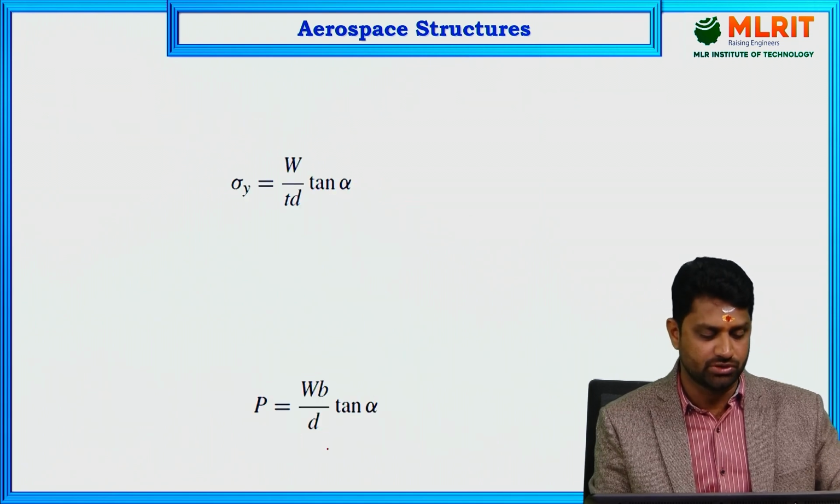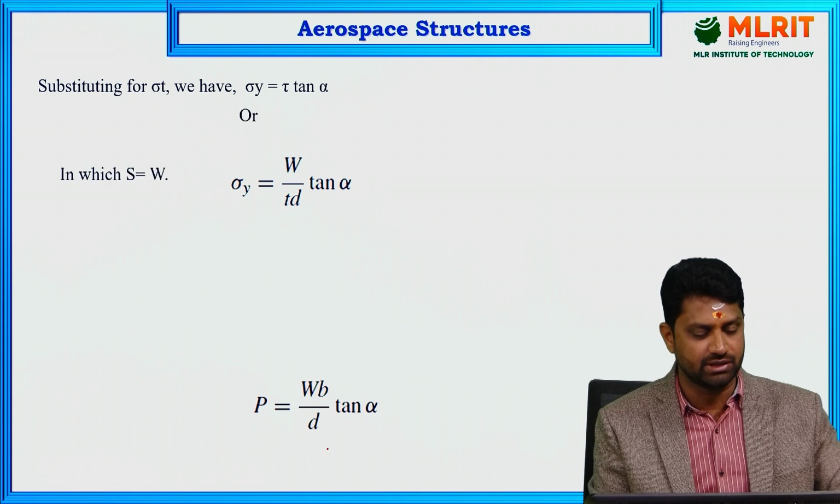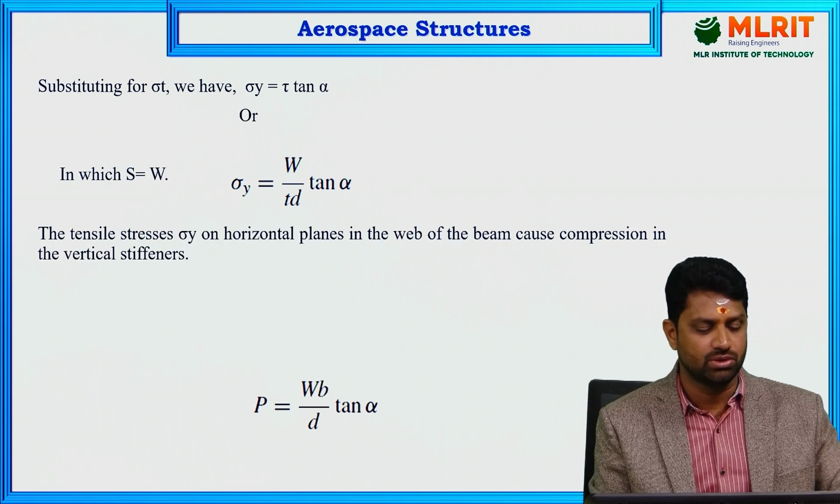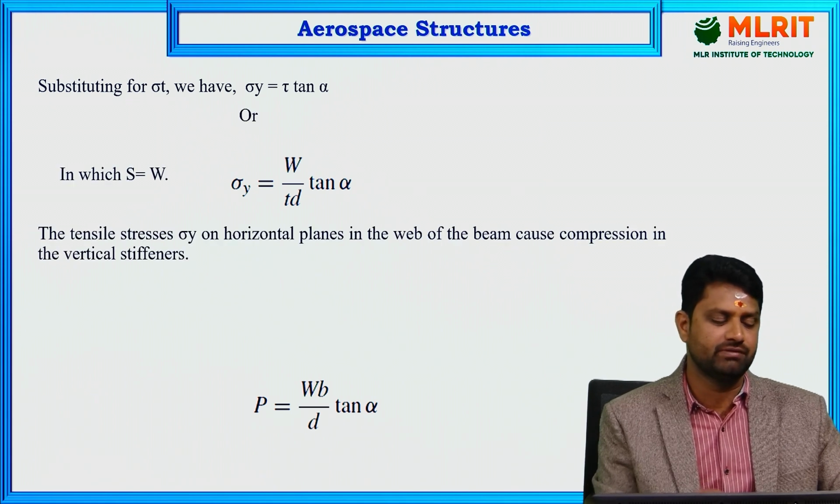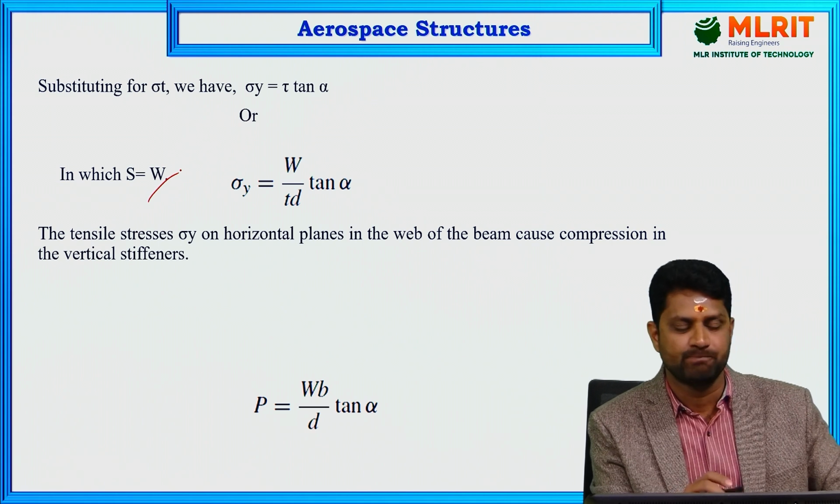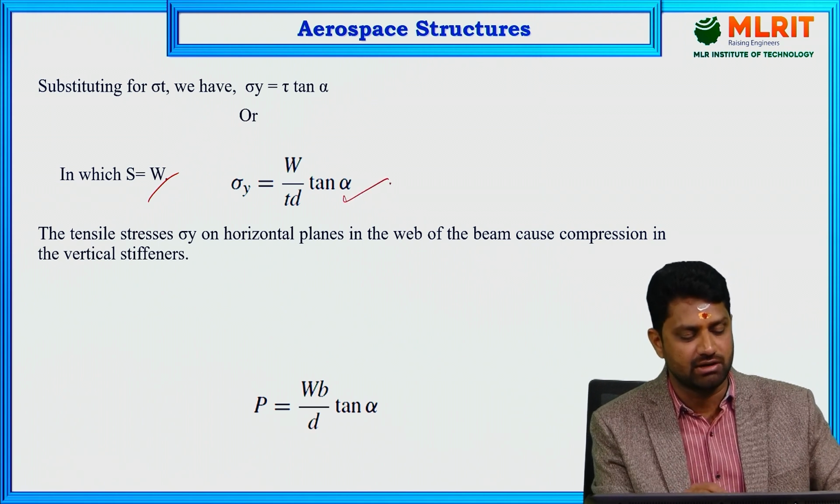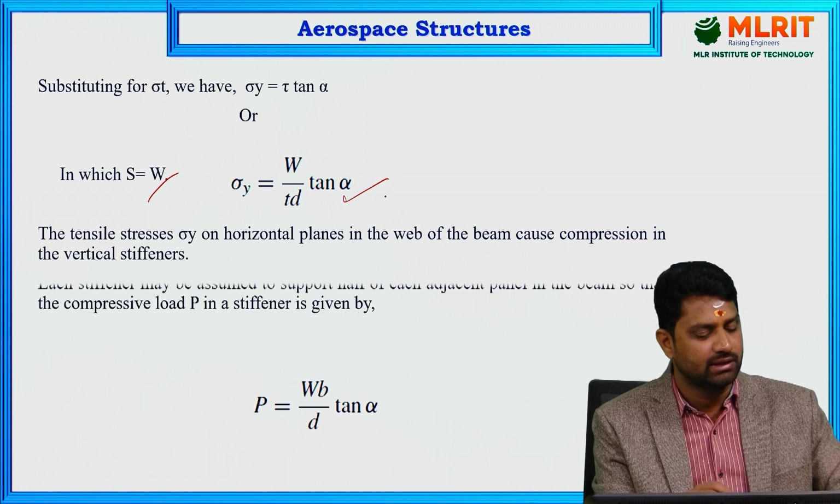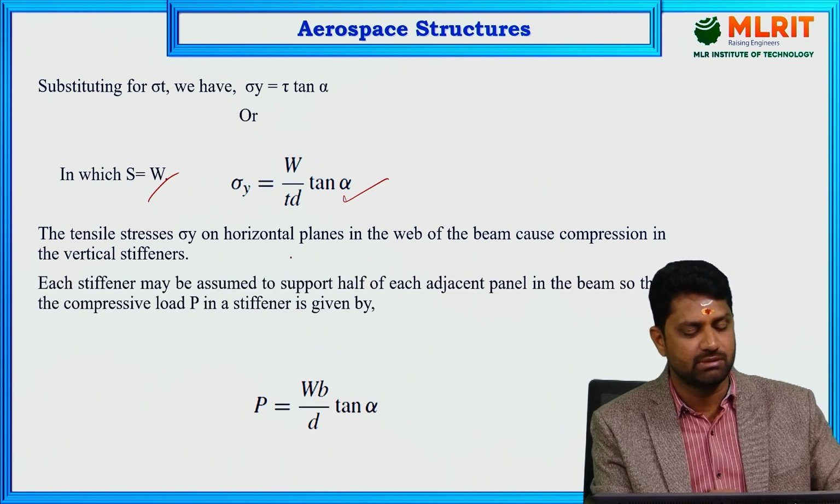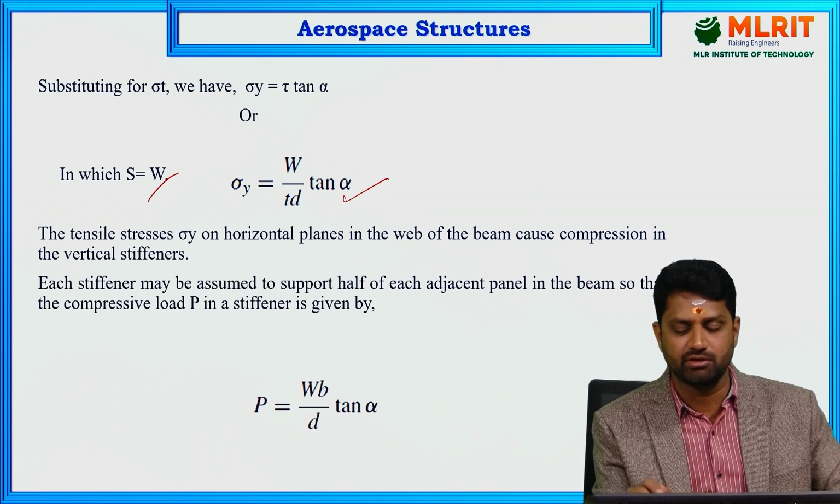So you can substitute here, and you can rewrite that equation, that is sigma y equals S by Td into tan alpha, in which S is replaced by W. So you are going to get sigma y equals W by TD into tan alpha. Okay, and the tensile stress sigma y on the horizontal planes in the web of the beam will usually